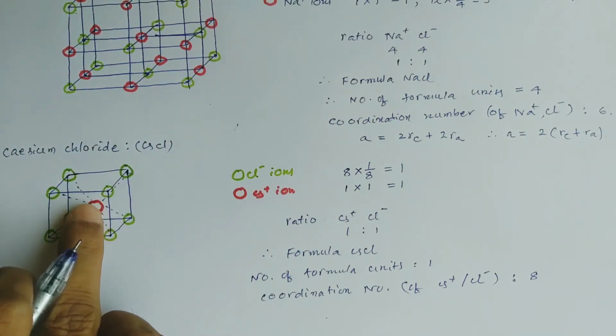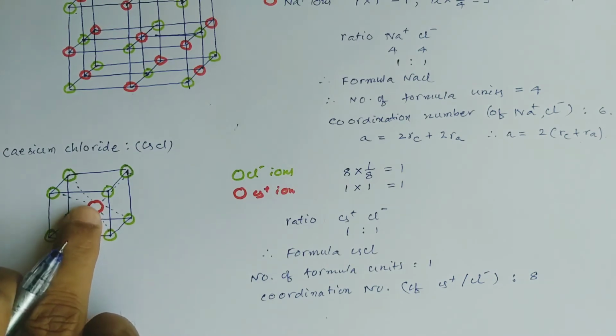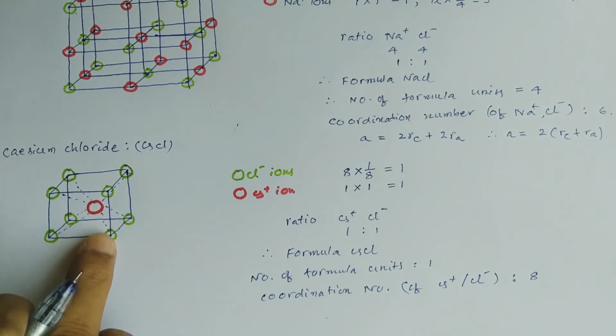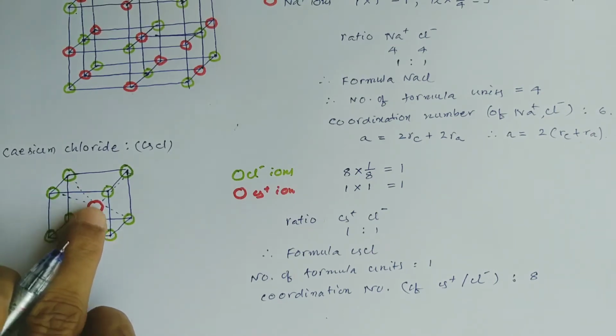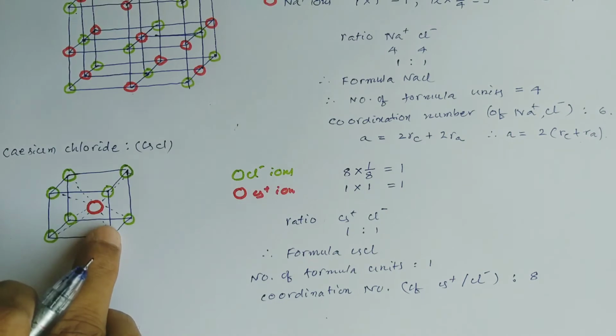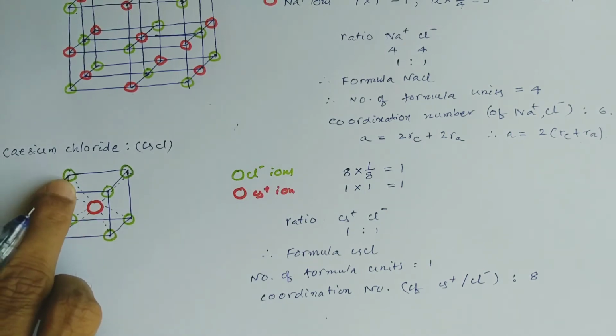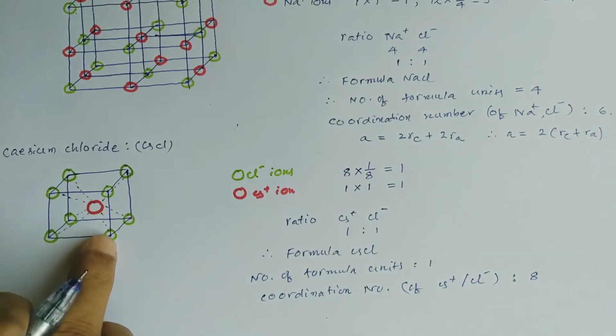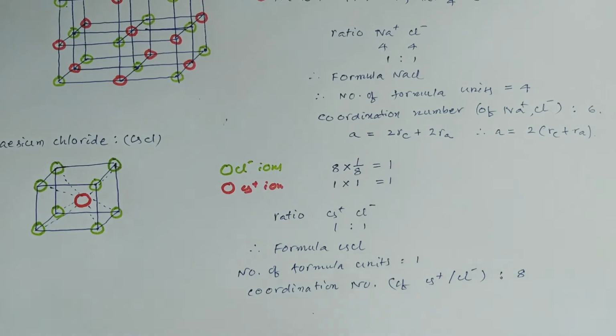One cesium ion as a whole belongs to this unit cell only, but if you take the Cl minus ion, only part of it will go into this unit cell. So one radius will go into this unit cell. Similarly, one more radius of this chloride ion will go into this body diagonal. So total 4 radii will be there across the body diagonal. So if you consider this body diagonal as 4r,